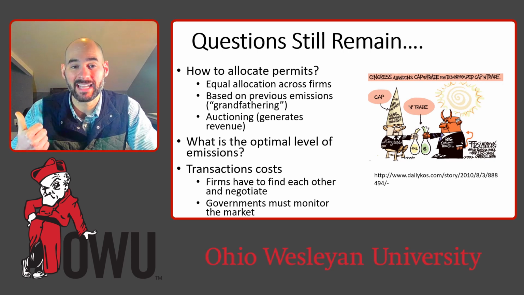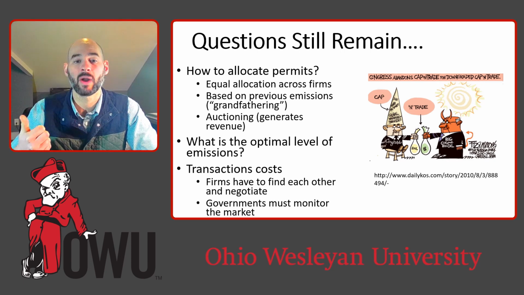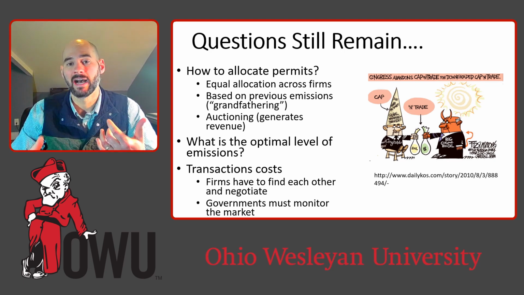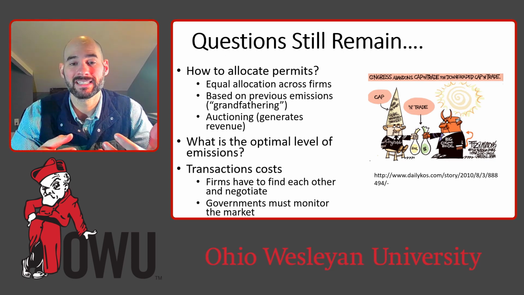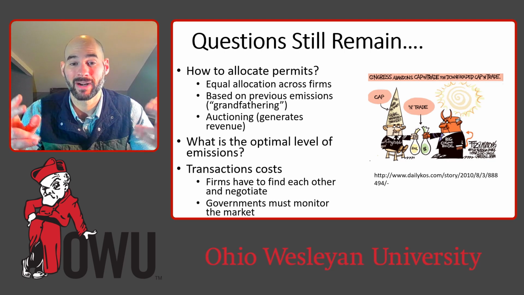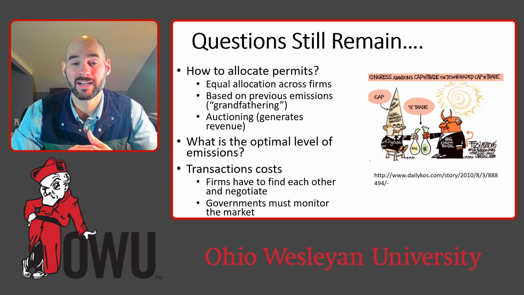There's still a question of how we allocate permits. If we allocate them equally across firms, then this may not have the efficient solution if we think of the endowment effect of people not wanting to trade, or it may not be equitable to do so if it's based on previous emissions, in which case we're "grandfathering" in some permits. And I put grandfathering here in quotation marks because this is a really common phrase in policy, but just so you all know, this phrase does have a history in